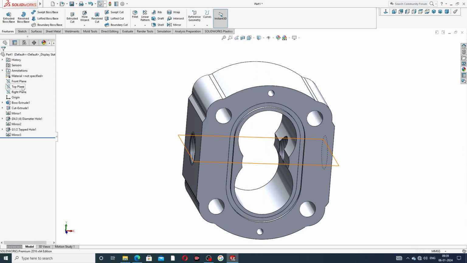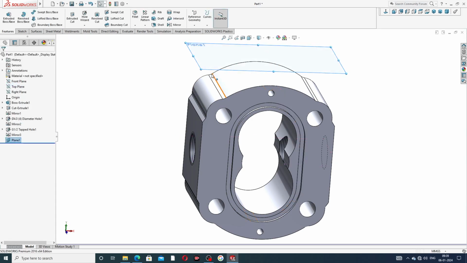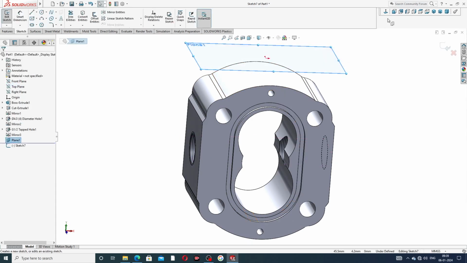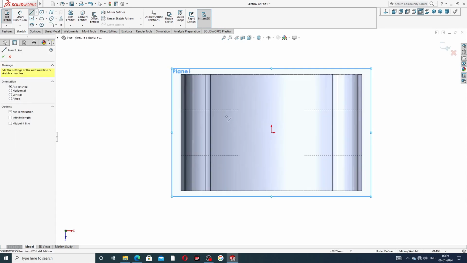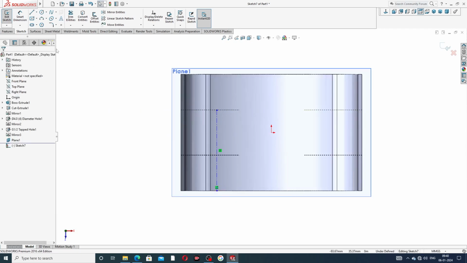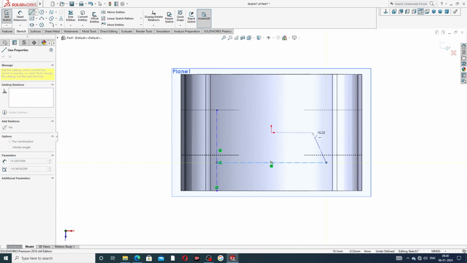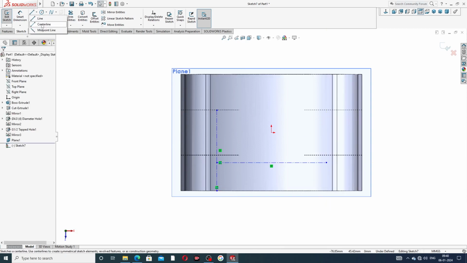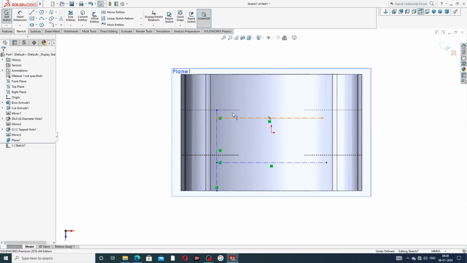At first select the top plane and use a plane, and this 60 mm is perfect, and click OK. And on this plane, sketch normal, and select a center line and draw this. Two lines are set to center line, drawn here. First this, and second also this to this, and this line use a